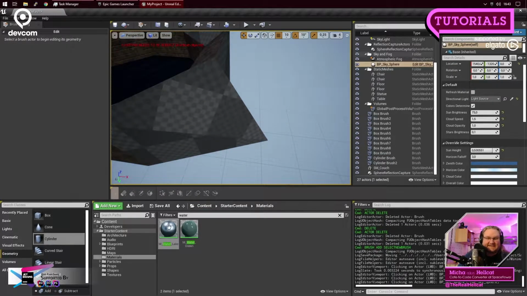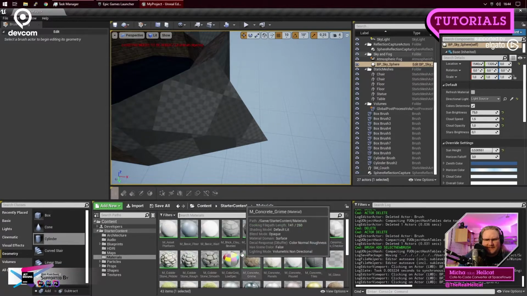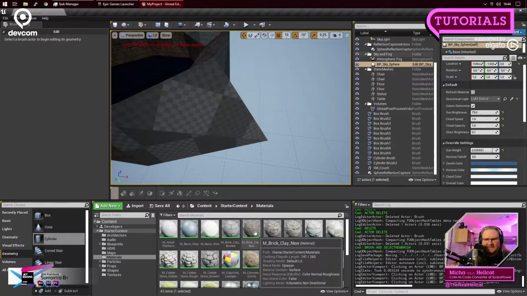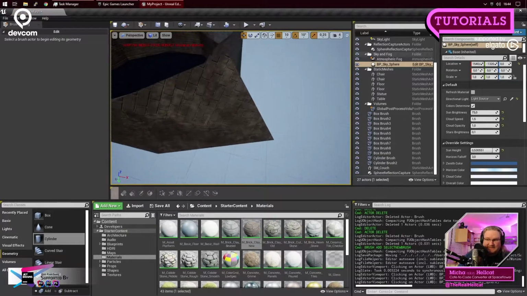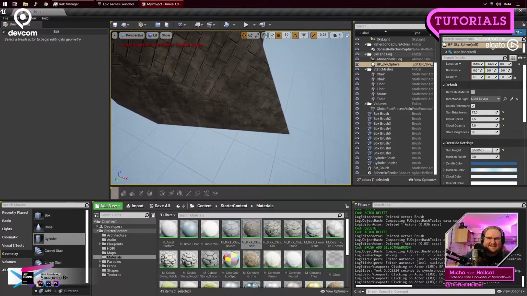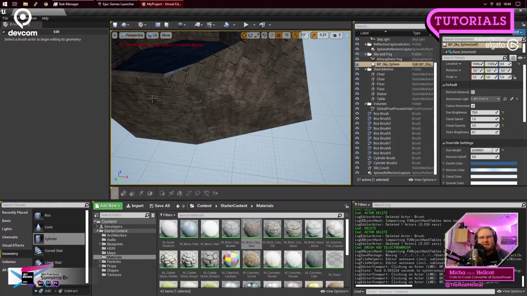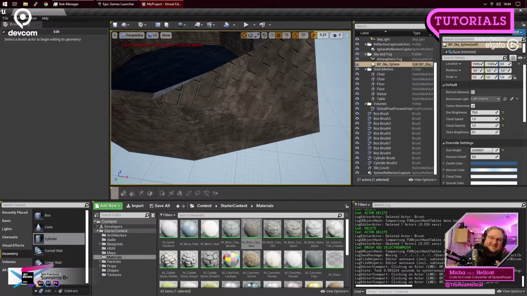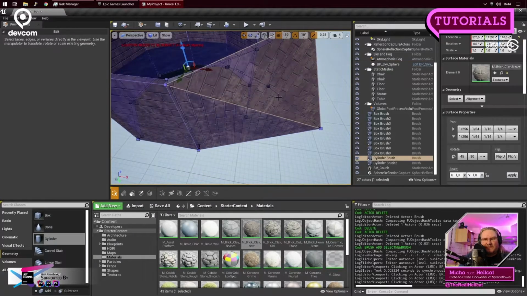But this is inherently untexturable. So if I now want, where's my brick wall texture? If I now drag my brick wall texture onto this, you see this is all over the place. This is absolutely not how you would want it. These are horizontal, these are vertical, these are diagonal. And there's only very little you can do about this. One thing you can do,